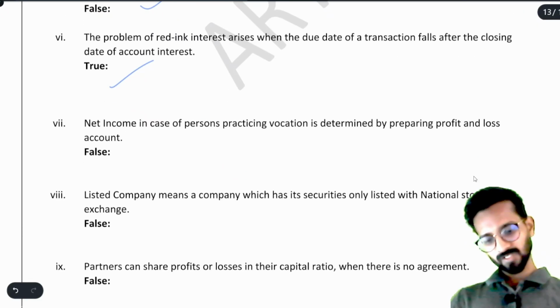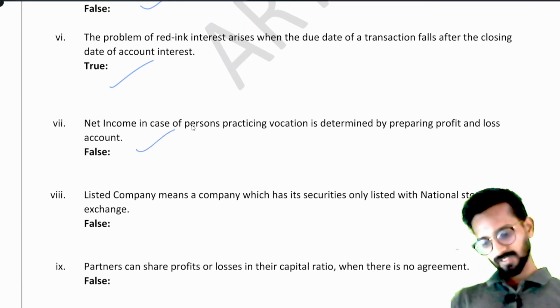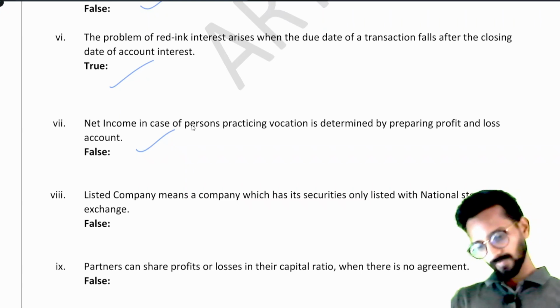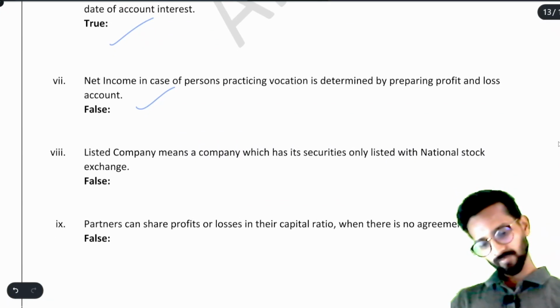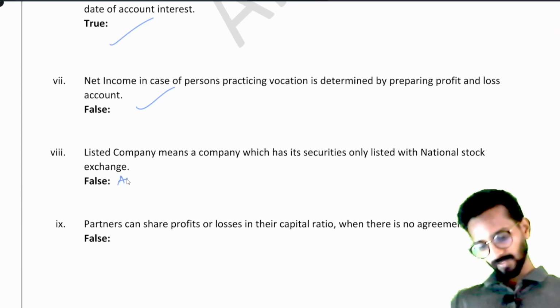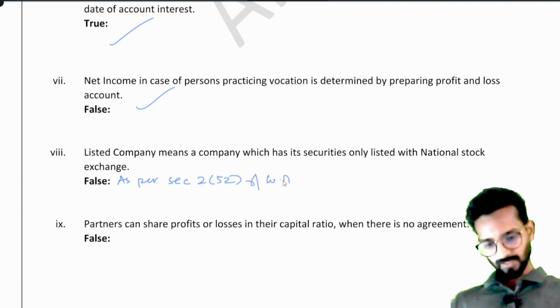Net income in case of person practicing vocation is already discussed. Listed company means a company which has its securities only listed with National Stock Exchange. See, there is no some mandatory rule like that. It is false because as per section 2 subsection 52 of Companies Act 2013, listed company